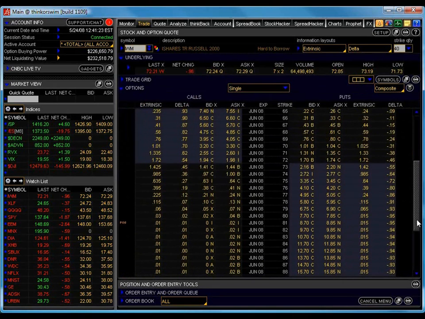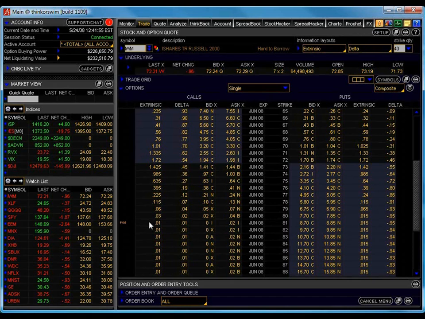Usually I do spread positions, and when we talk about doing an iron condor, a calendar, a double calendar, or a vertical spread, those are all spread positions. And a spread position is simply the sale of one option and the purchase of another option. Normally, the sale of the option is there, and then the purchase of another option is to protect the sale